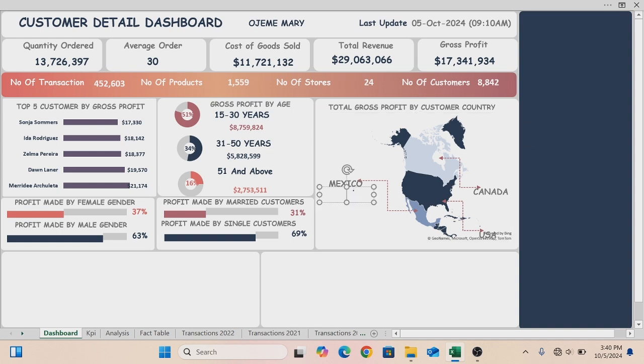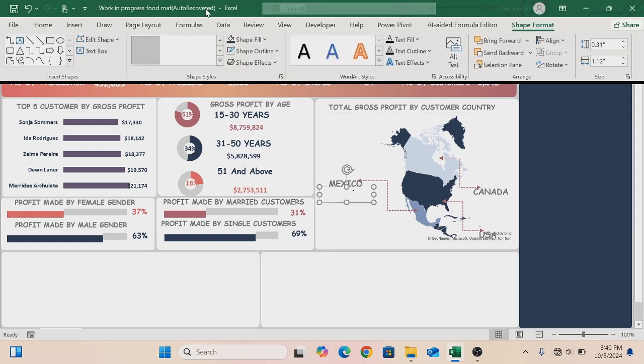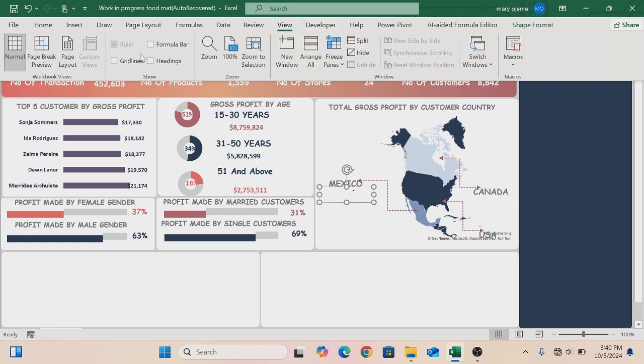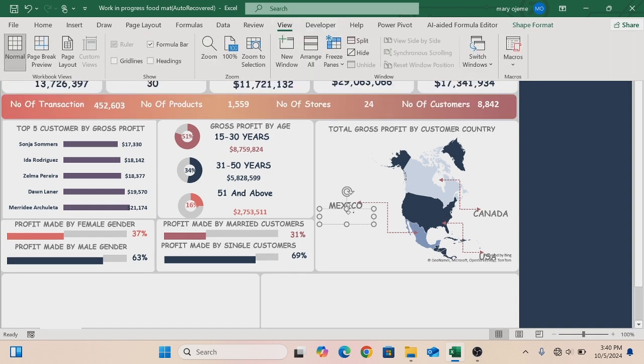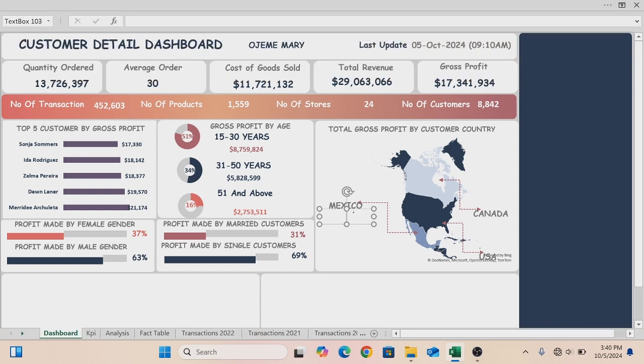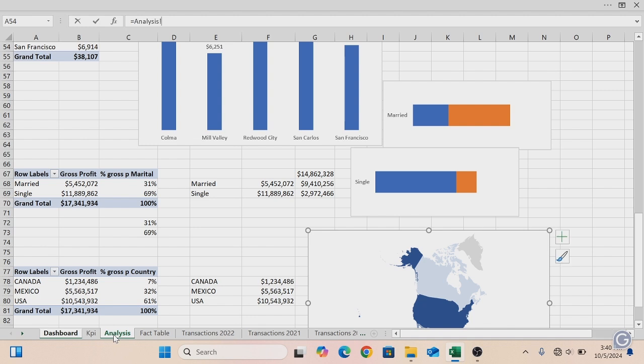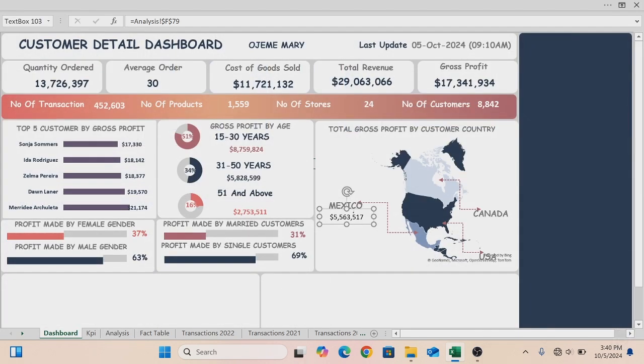Okay, so let's begin the values. So go to view on your formula bar, equals to analysis. For Mexico, these are the values we have. Enter. For Canada,